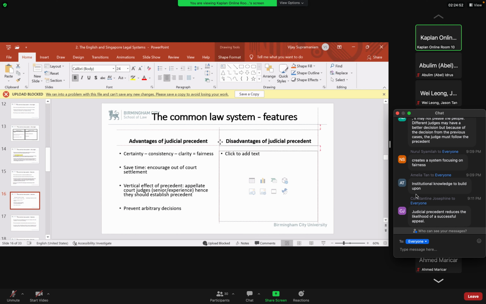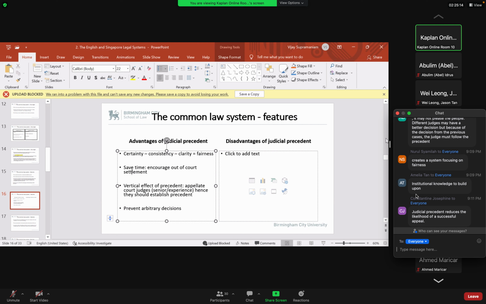Azira says you want judges of different views, right? But every time a judge comes and decides a case based on his moral perspective, I think there's going to be so much confusion, right? So law cannot be decided arbitrarily. There must be a system, okay? So it's good to follow precedent.